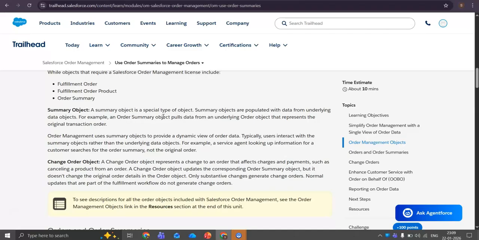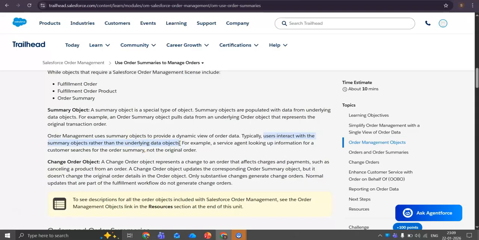That's why, when we are using order management, we will not directly interact with the orders. Here you can see order management uses a summary object to provide a dynamic view of the order data. Typically, users will interact with the summary objects rather than the underlying data objects.